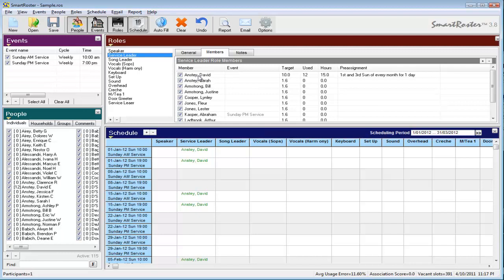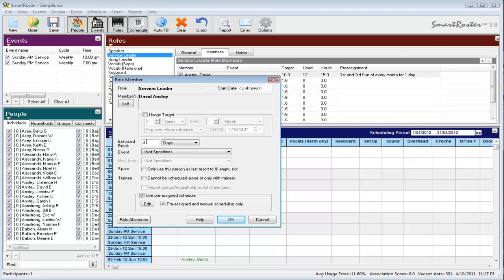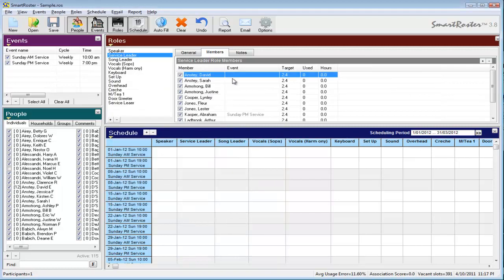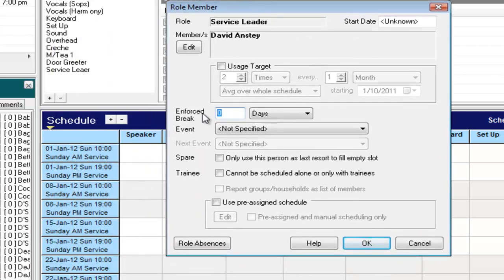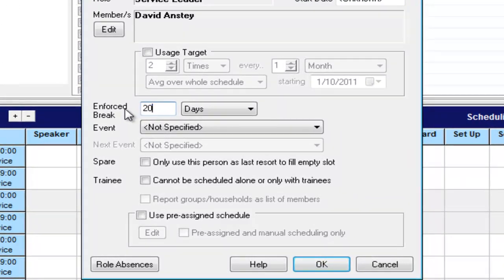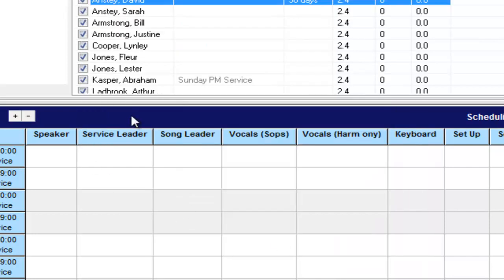The other feature that's useful to mention is the enforced break. I'm just going to remove this pre-assignment for David Anstey. An enforced break is the number of days between the times that person is scheduled in that specific role. So if I put 30 days, then if David Anstey is scheduled